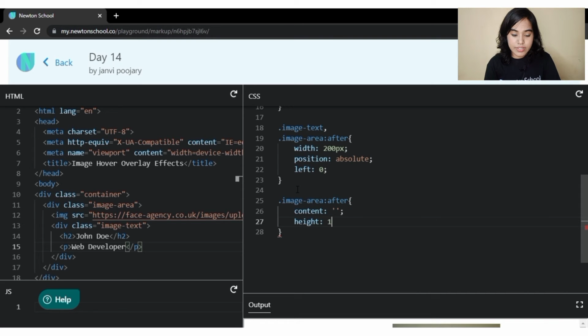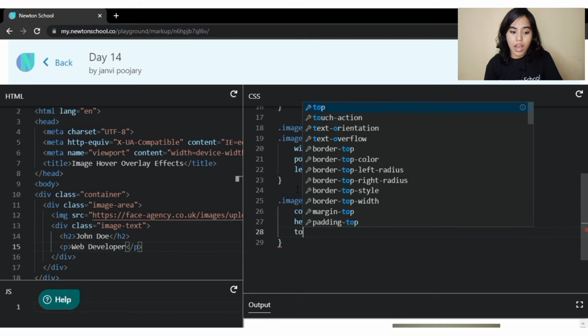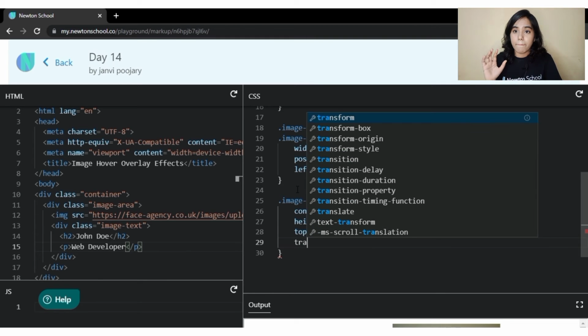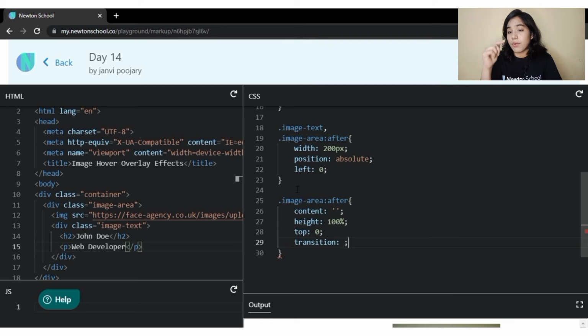So we will see the image area after. How the image area should be after: the below of the image area should be blank, nothing, and it has a height of 100%, and we will give it some transition and top as 0. Basically we want nothing over there, but whenever somebody hovers on it, we want that gradient effect, and for that gradient effect I am writing the color value over here.